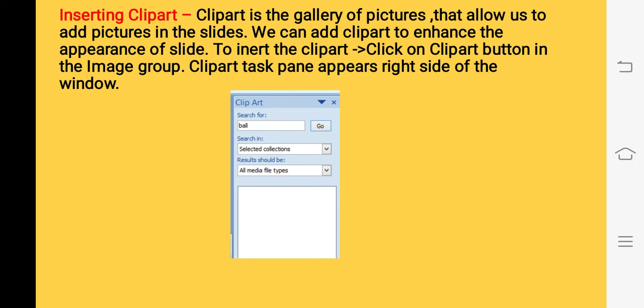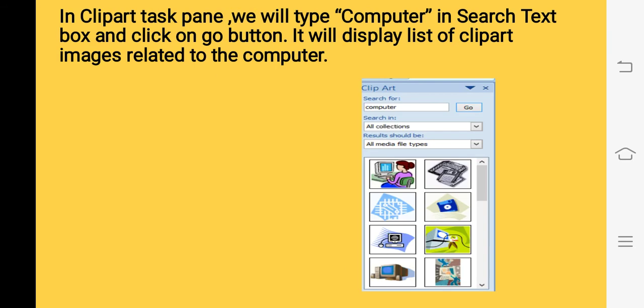Now to use clipart, children, we use the insert tab and the clipart button that is in the image group. When we click on the clipart button, we will see the clipart task pane appear on the right side of the window, children. This is the clipart task pane that has a search option. We type computer because we want to find clipart of a computer, and we click on the go button.